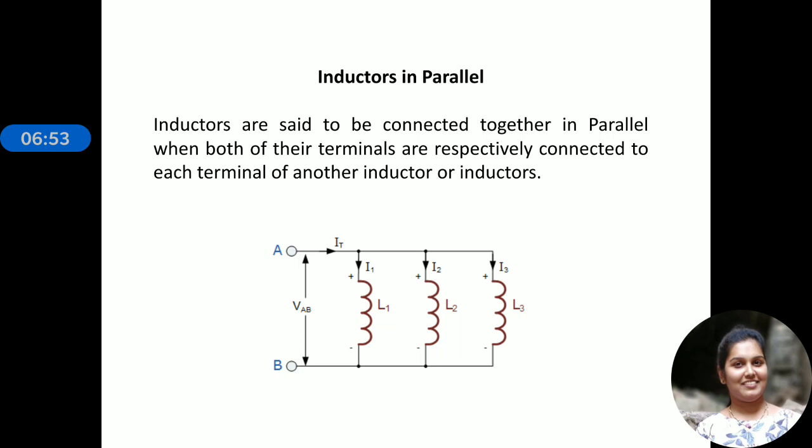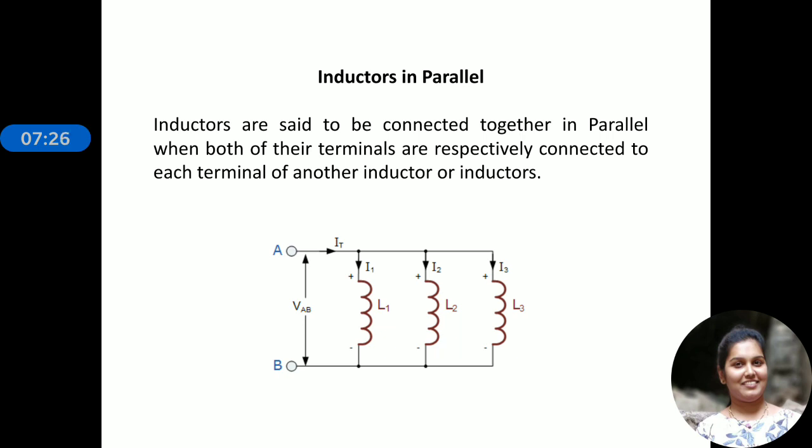L2 plus 2M. Whereas in the case of differentially coupled series inductors, the current flowing in the inductors or the coils will be opposite to each other. That is why we call it differentially coupled series inductors. In such a case, the total inductance LT will be equal to L1 plus L2 minus 2M. So these are the points we discussed in the previous video,